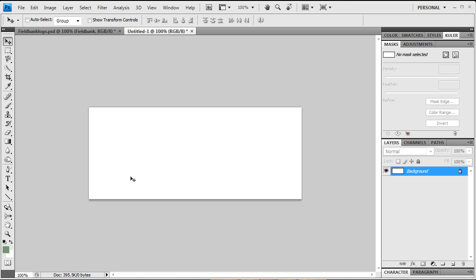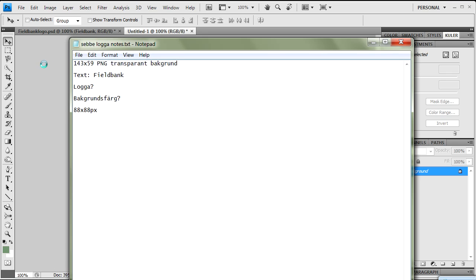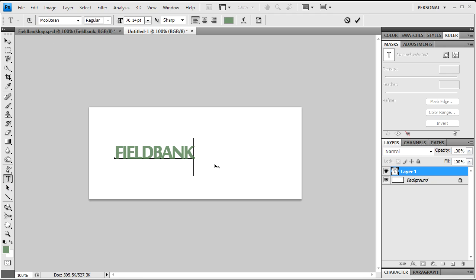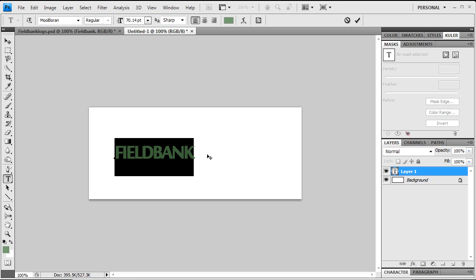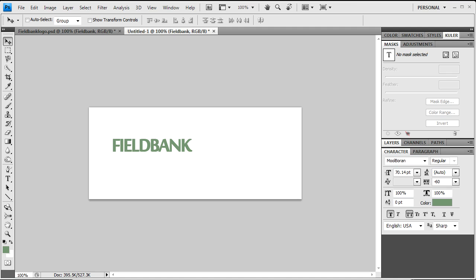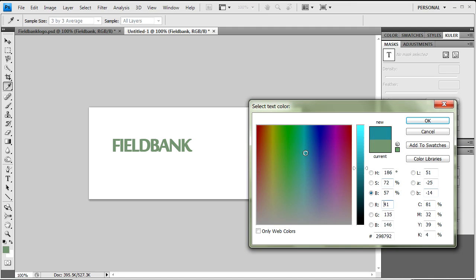So let's first enter the text we're gonna work with, and there's field bank, and let's just copy it from the text file. Let's enter the text tool and paste it. So I had a default font here, so that's not good. So we have a separate text layer with a moss green color here. It doesn't matter. We can change it if we want to. We can do any color we want,